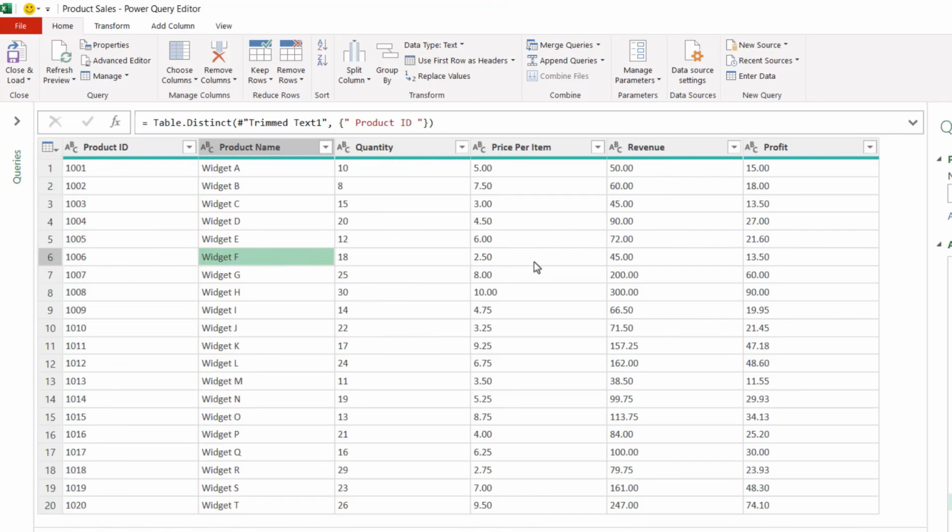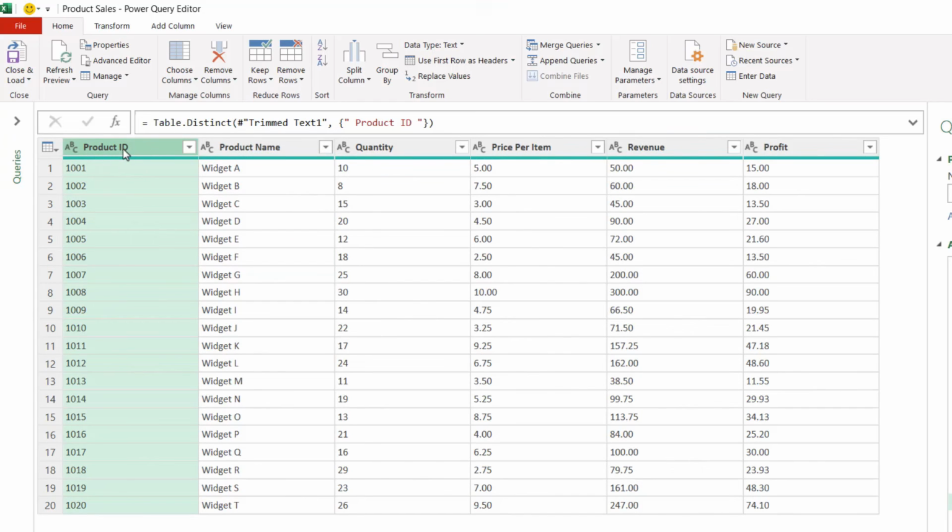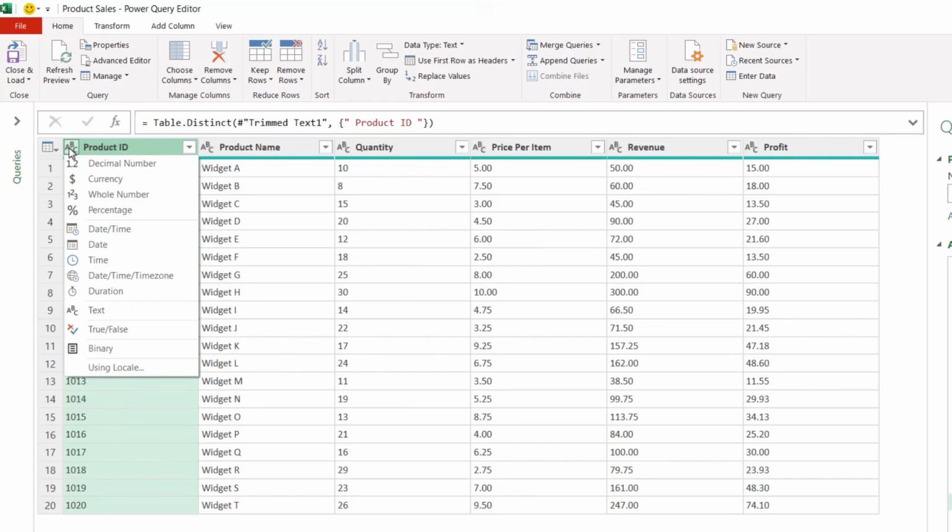Now, the final thing which I always check here are the data types applied to each column. If you take a look at the first column here where we have product ID, can you see this little icon next to it says ABC? Now, this tells me that Power Query thinks that this column is a text column. If we click on this, you can see we have lots and lots of different data types, and ABC is text. Now, this is actually fine for things like product IDs, because product ID isn't necessarily a number that we're